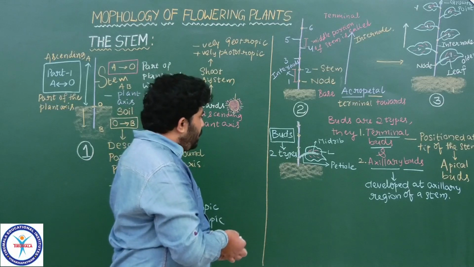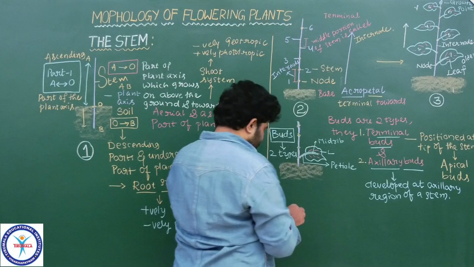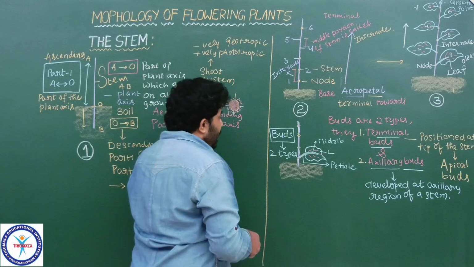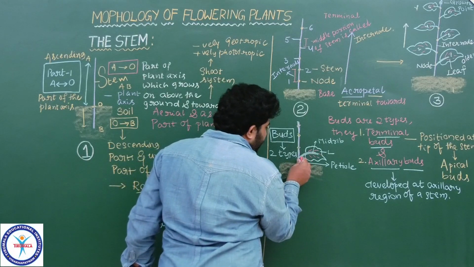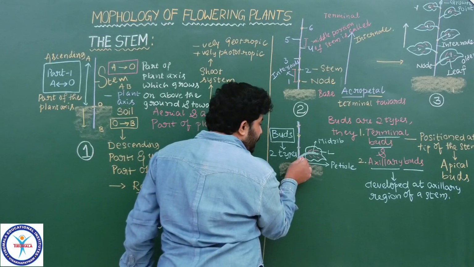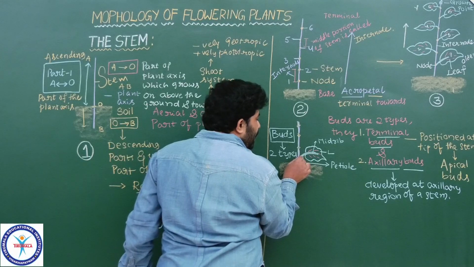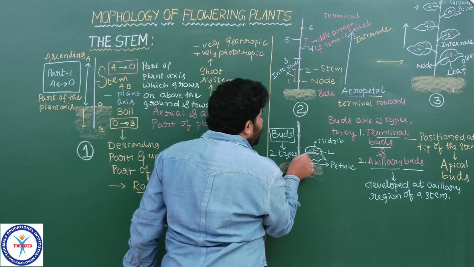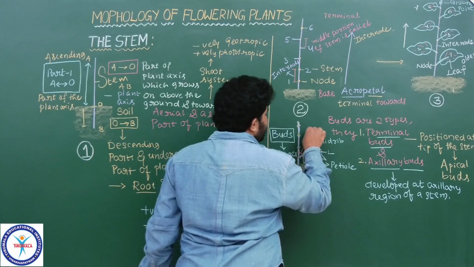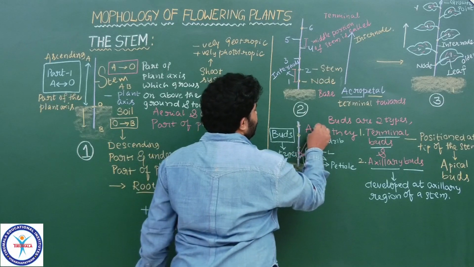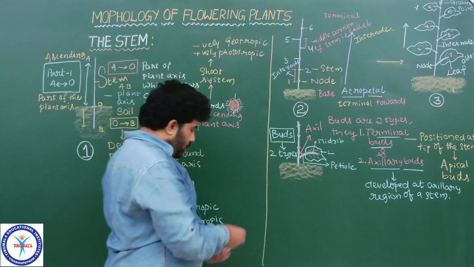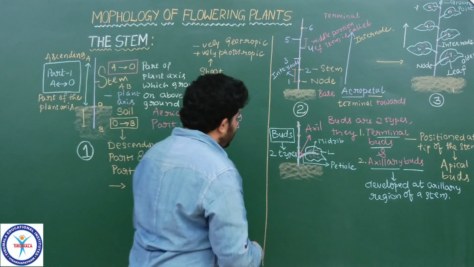Okay. So now we are discussing the axil, what it is. See, all of you. The region which lies between the petiole of the leaf, the angle where the petiole meets the nodal region and the upper part of the node, this angle is called the axil. Now you got the point. So like that a number of axils are there.